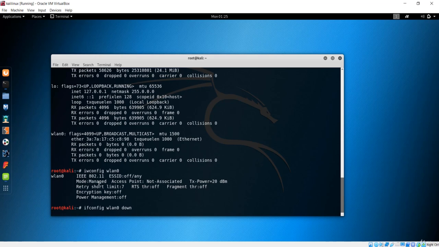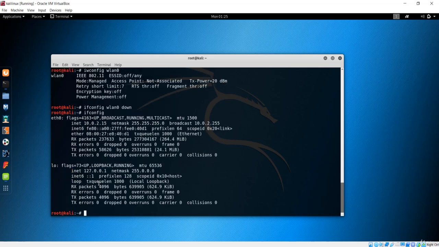If I hit enter, and wait for a moment, and then say ifconfig, you'll see that we don't have the interface wlan0 now, because we used this method to remove our interface. Now we have to change to the monitor mode. You can do that with this command, where I want wlan0 and the mode will be monitor mode. So we'll change this to the monitor mode. This is the command.